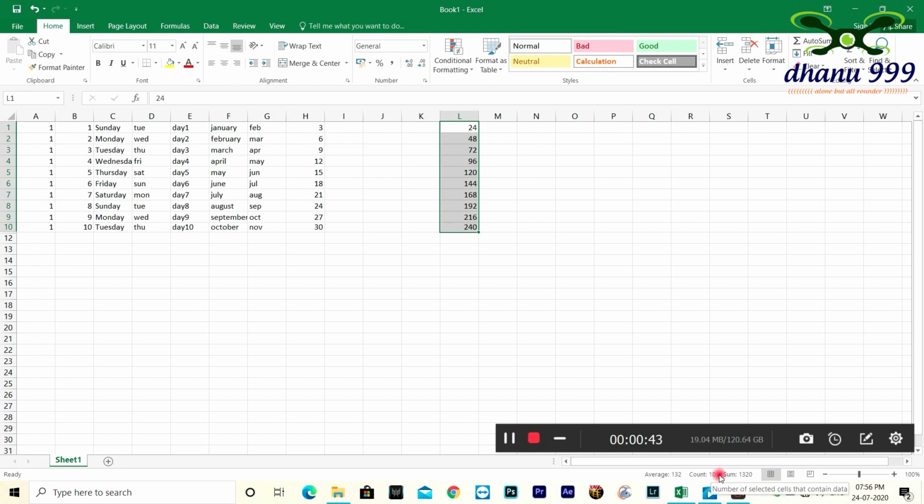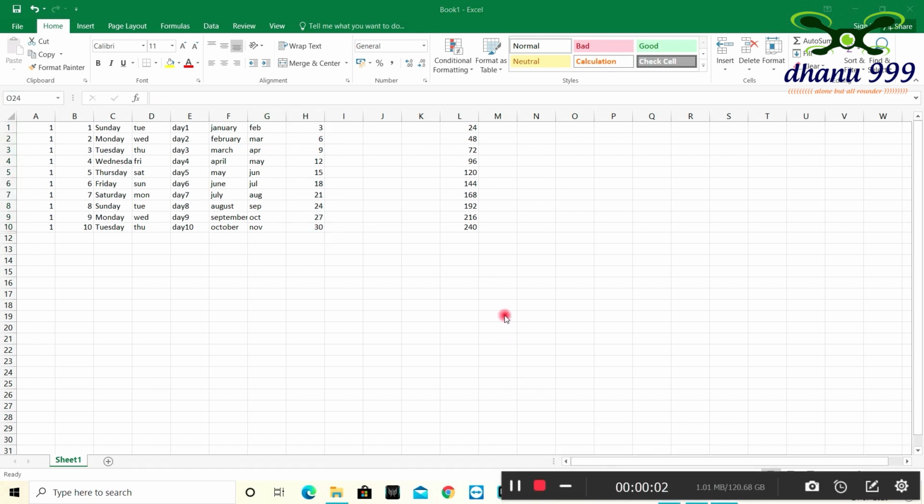And the sum, the total addition, we got 1320. Like that we can write here average or anything. If I select this total, here we get 16.5 as the average, count is 10 numbers, and sum is 165. Like that we can get.